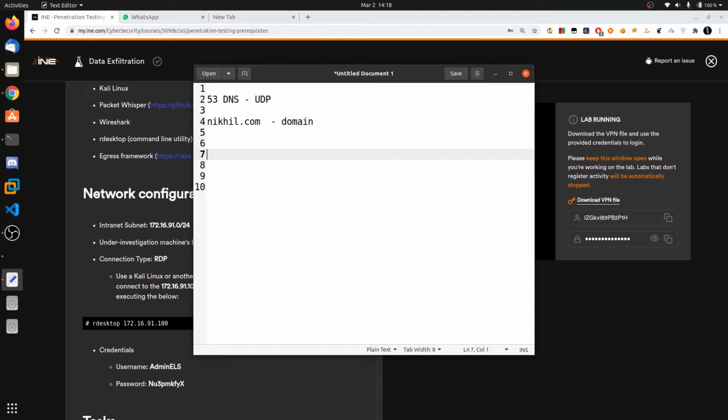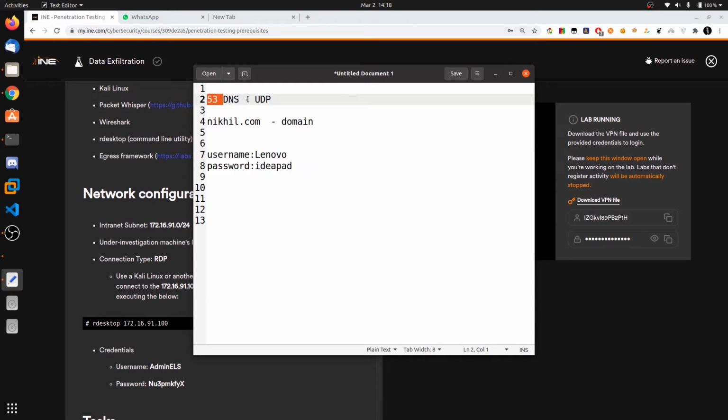Suppose there are some credentials, let's say the username is Lenovo and the password is Predator. Let's say the password is IdeaPad. This is the sensitive data of the victim. There is a text file or some other data that is sensitive for the victim, and we need to send this data over this DNS port 53.